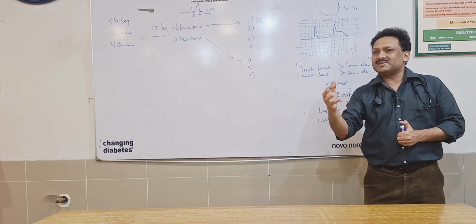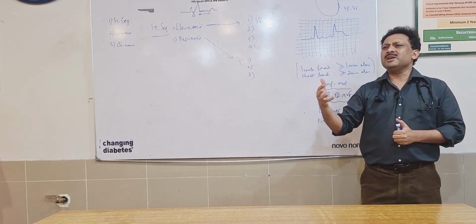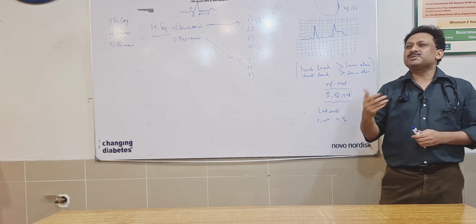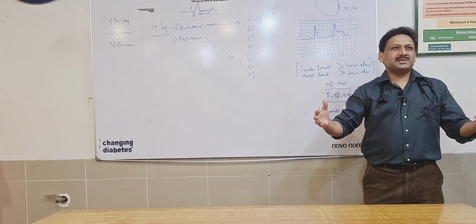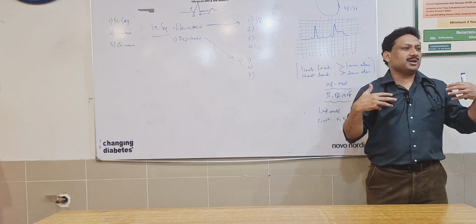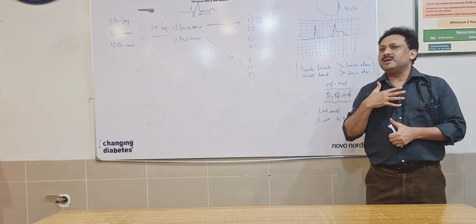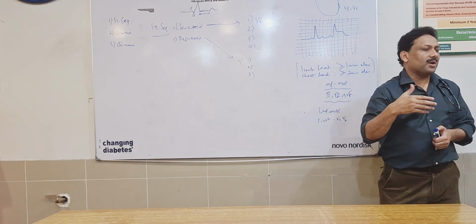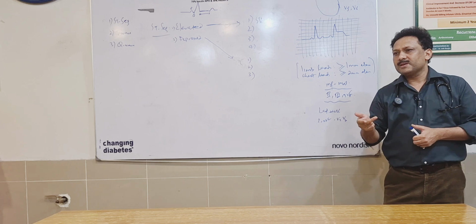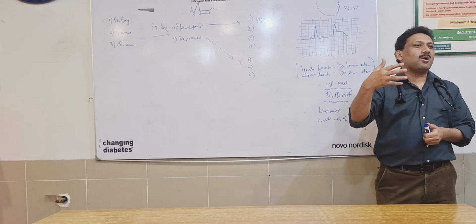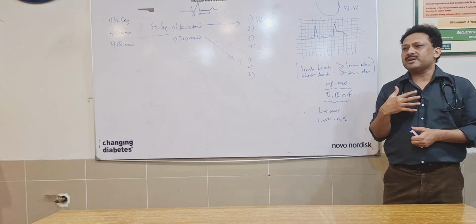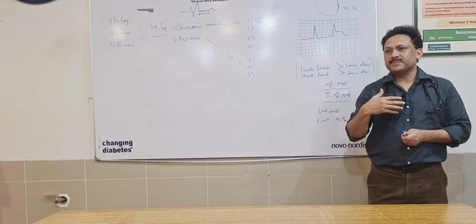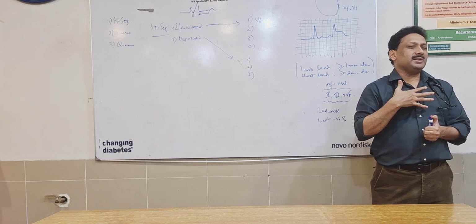Acute coronary syndrome is basically a continuum. Initially, a person is having stable angina. What do you understand by stable angina? A person is walking around and then he or she comes to you and claims that he feels intense pain over the chest. The chest pain worsens on exertion, and the same way the chest pain worsens on the intake of meals. So somebody is having that kind of chest pain which worsens on exertion, which worsens on the intake of meals, and that is involving the chest wall,